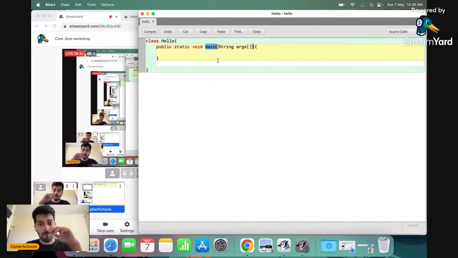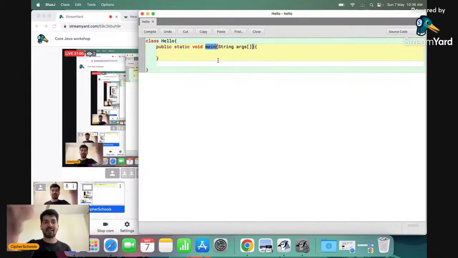Similarly, if I talk about main method or main function, as the name suggests, it's the main entry point to get access to everything that is written inside the scope. If I make you visualize it, main is like your entry door or gate to get inside the class.